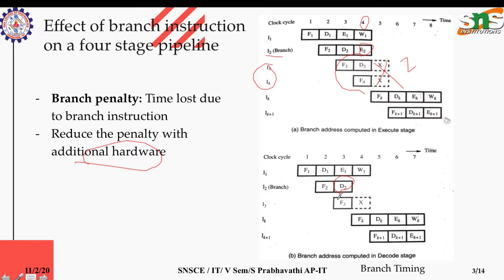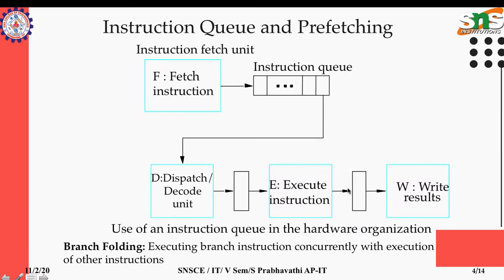So while decoding it, only I3 gets fetched. And after this decoding, the branch instruction IK has to be executed instead of I3. So there comes the one stall. This is one way of reducing the penalty. We cannot completely eliminate the penalty, but somehow we could reduce it. So instead of having two stalls, here there is one stall because of the hardware change in the decoder. This is one way of reducing the branch penalty, and there are other ways.